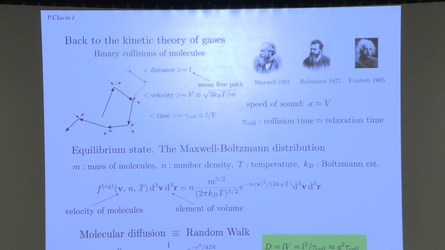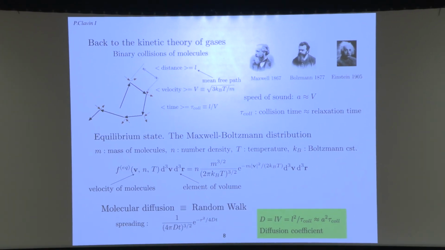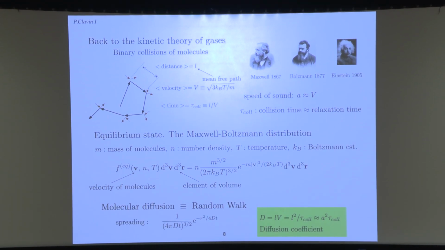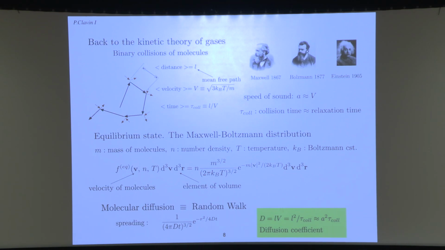And another very important point of this kinetic theory of gases is the molecular diffusion. When you have, for example, black molecules and white molecules, put separate in a box, and you liberate them, they diffuse into each other, and they become gray. This is due to the molecular diffusion, which is a random walk. And this random walk, this is a famous result of the beginning of last century, excuse me,